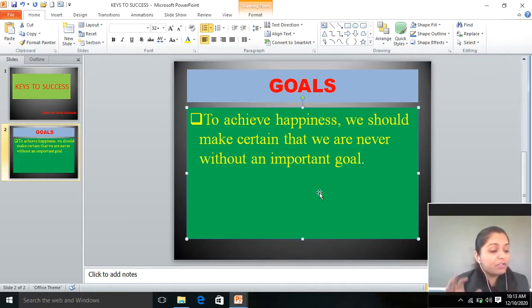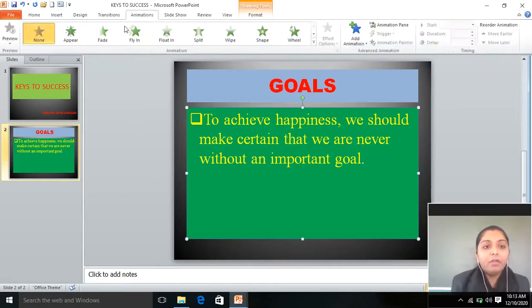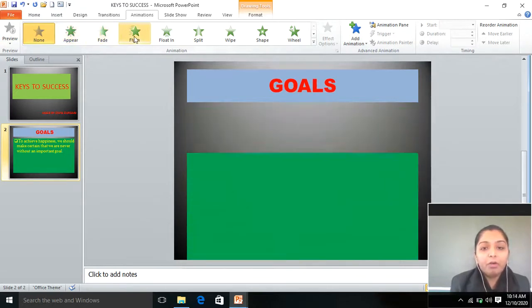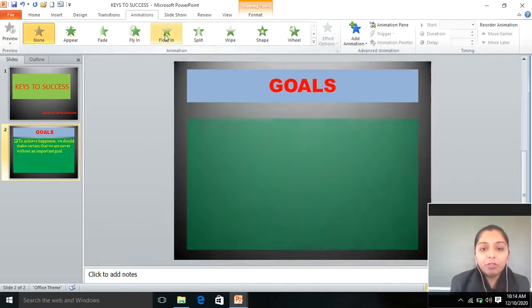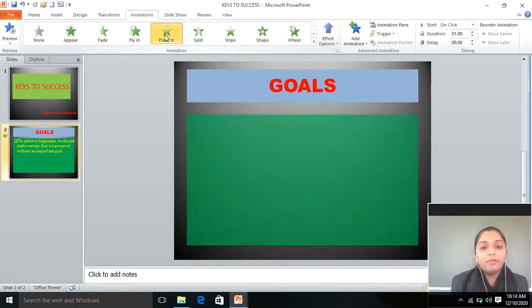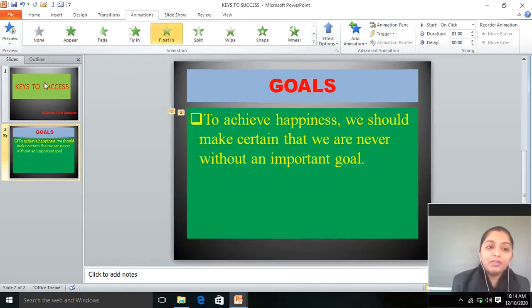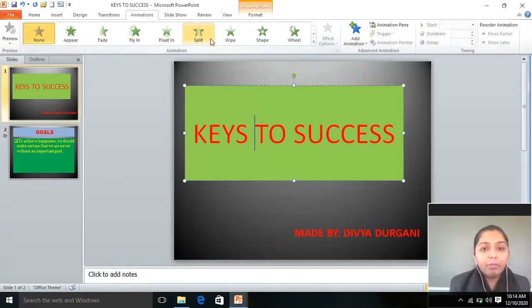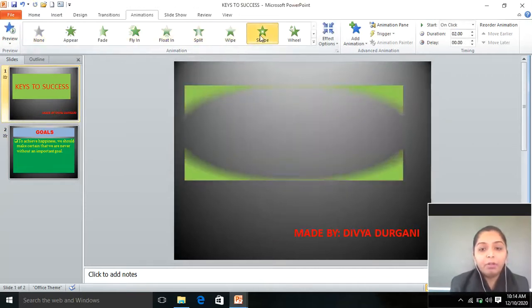Similarly, change the formatting effects of the paragraph. Then click the More button to display the animation effects and select the desired option from the drop down menu. Now these are the animations we have. Okay. Now what do we want: appear, fade or fly in like this, or float in. Yes. Okay. Understood? In this way you have to make the presentation. In the first slide also we will give an animation of shape.